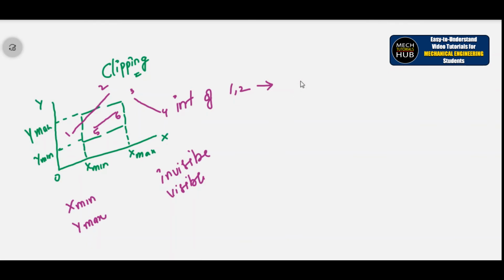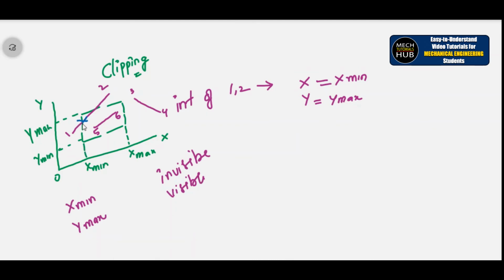x is equal to x minimum, and y is equal to y maximum. By considering this simple information, it will easily calculate the intersection point.